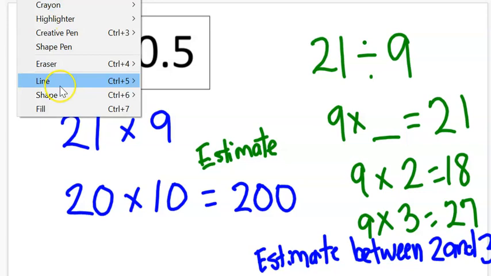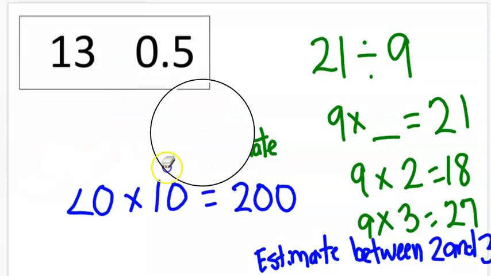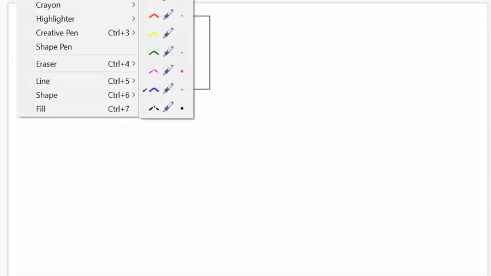Let me erase all this. Okay, so now I have 13 and I also have 5/10. So can you estimate the product of 13 and 5/10? Go ahead and pause the video. All right, welcome back. So if I have 13 and I multiply that times 5/10, I'm thinking if I multiply